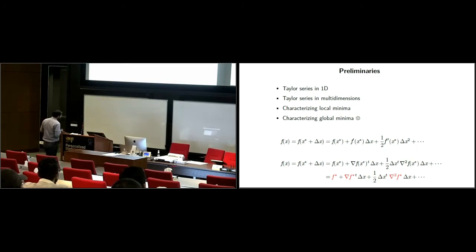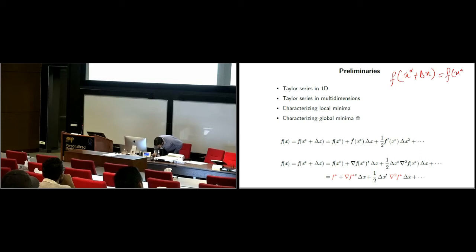Taylor series is quite helpful in understanding the optimization techniques and tools that we need. So I'm just going to give you one simple example. Let's say I take the Taylor series in 1D, and I'm writing the first two terms of the expansion. That would be f of x star plus the derivative of f at x star times delta x.